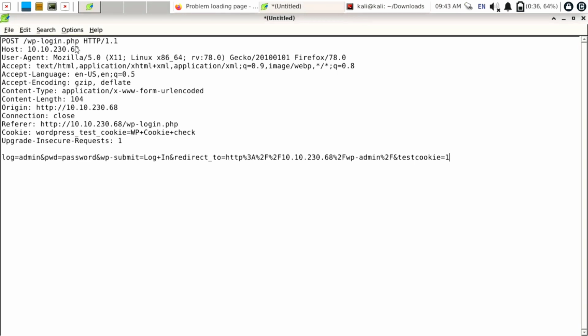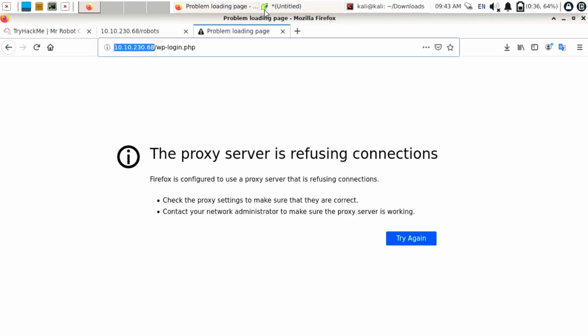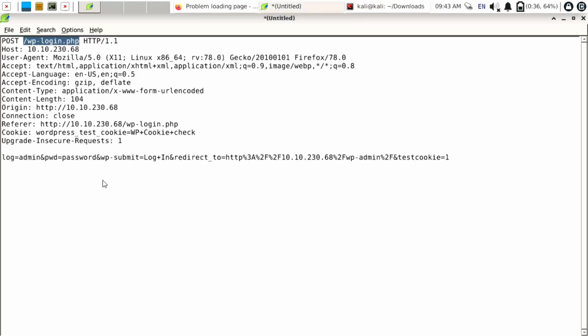Open a Leafpad and we need to make a URL like wp-login.php and with its value of username and password. So copy wp-login.php and paste it here. After that use colon and specify username as well as password value. We need to set flag for user as well as password. So copy last line as it is.